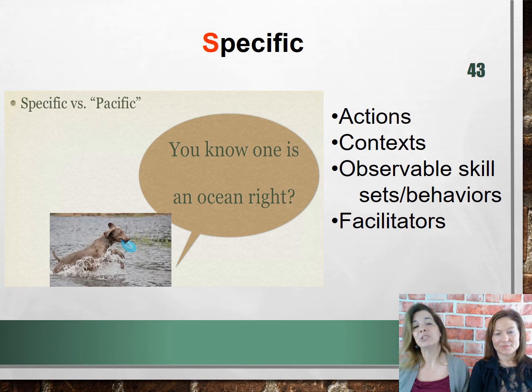Now why do we need to do that? Well, a specific goal, for one, is easier to communicate to other people, right? I mean, increase is just so vague. We don't really know what that means. Even if you have baselines and criteria for mastery, what is the specific skill set we want that child to attain? A specific goal has a much greater chance of being accomplished than a general goal.